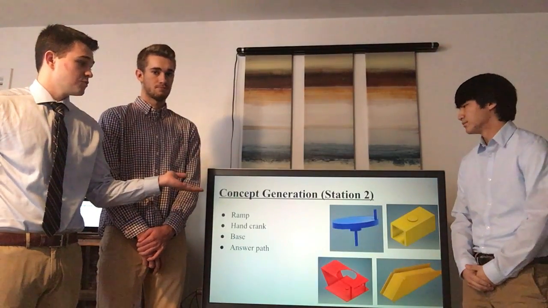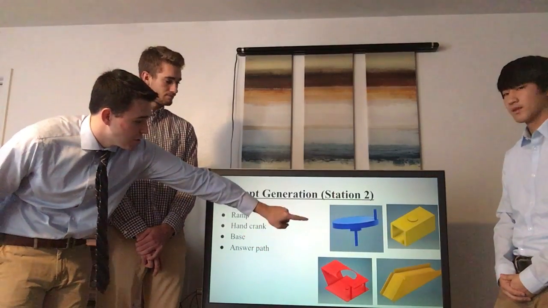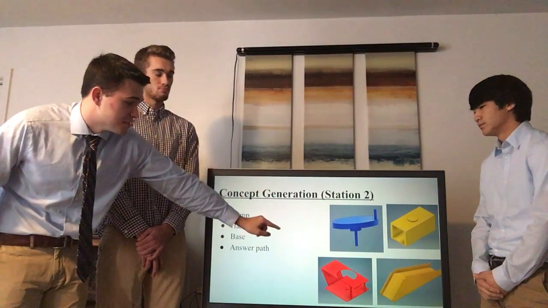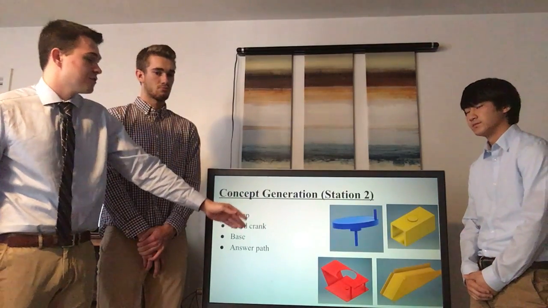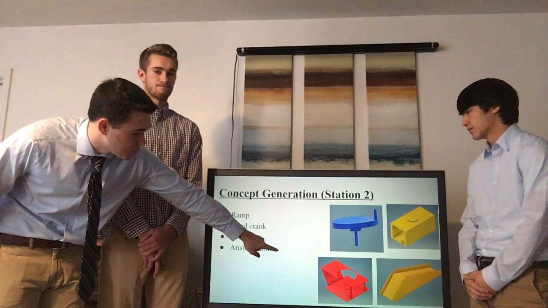So these are our concept results for Station 2. The station begins at a gradual upward incline coming from Station 1, and then a very sharp decline where it remains at rest until the user gets the complete answer. And so it's right before the base is where the ramp will lie,